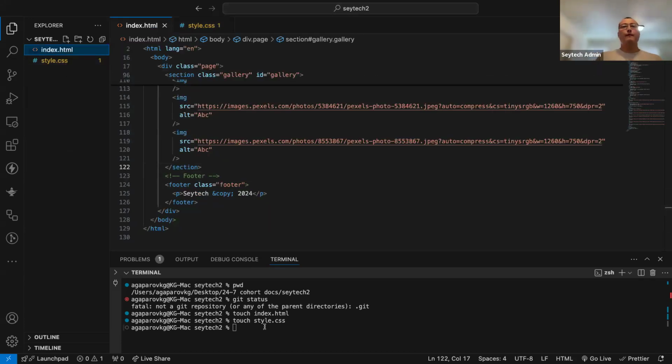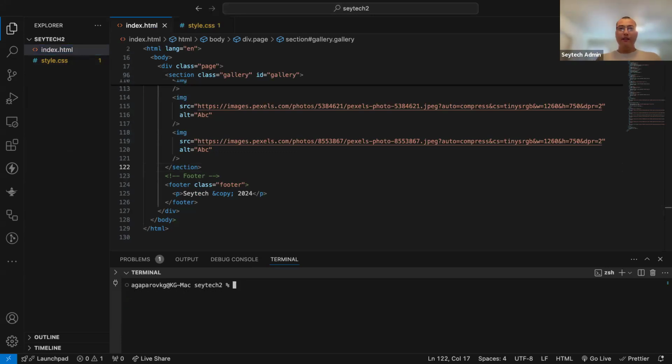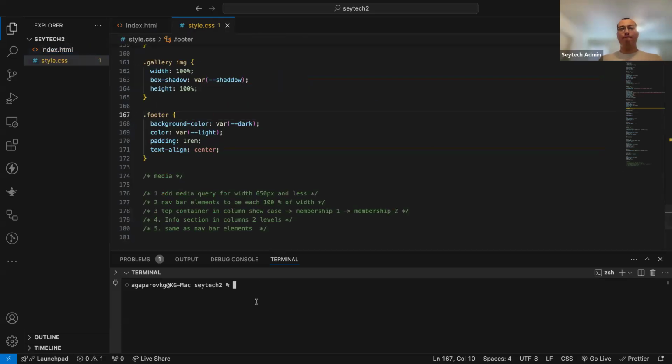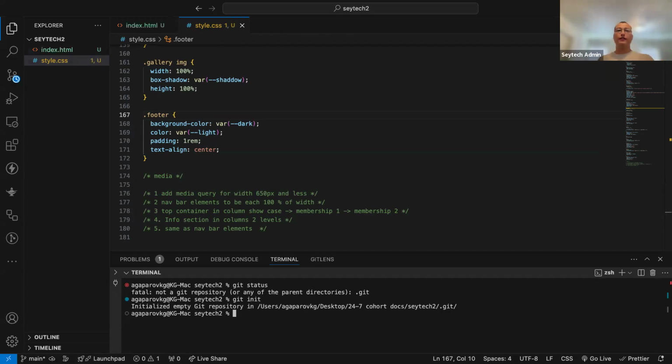So as we said, let's clear our terminal, and we have two files, and this folder is not a Git repo. Okay, this folder is not a Git repo. So the first option was to create a Git repository, initialize. git init is our command. Right over here at the corner, we don't have any branch names. As soon as I run git init, it says initialized empty Git repository in users, blah, blah, blah. That's the full path to my